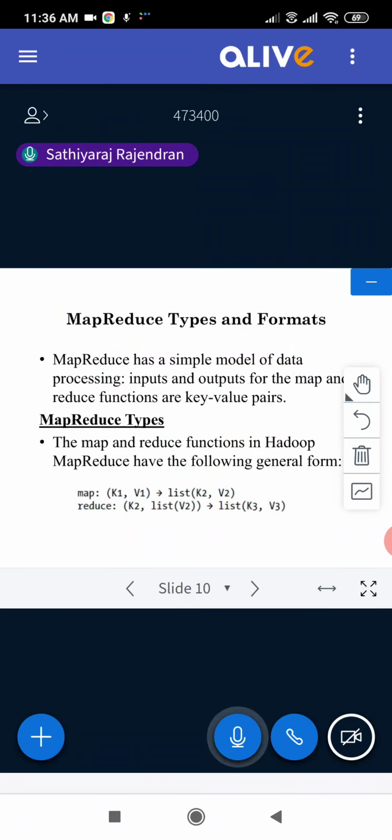So what are the advantages of MapReduce 2, and what is not there in MapReduce 1 that you should be knowing? The ultimate goal is scalability, which is not there in MapReduce 1 but is there in MapReduce 2. Then failures in MapReduce 1 and failures in MapReduce 2. And next to that is shuffle and sort.